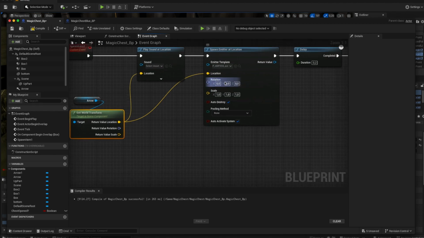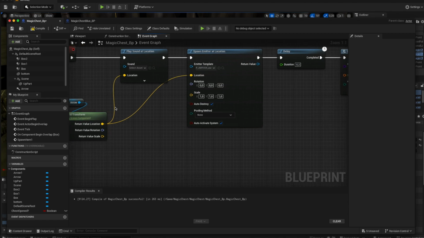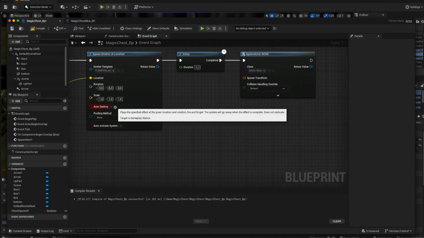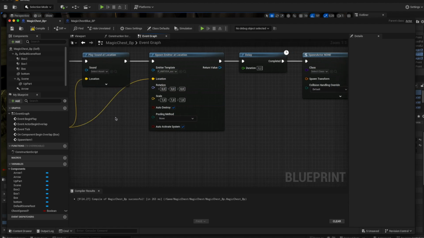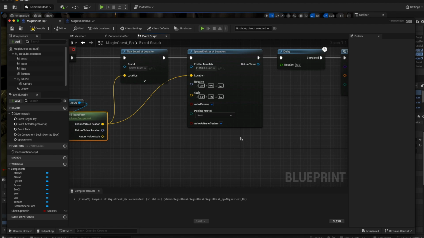Now the same situation, I would copy and paste it here,